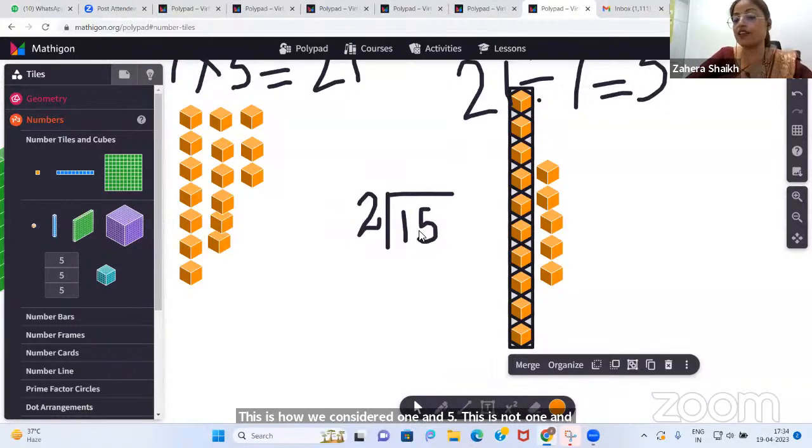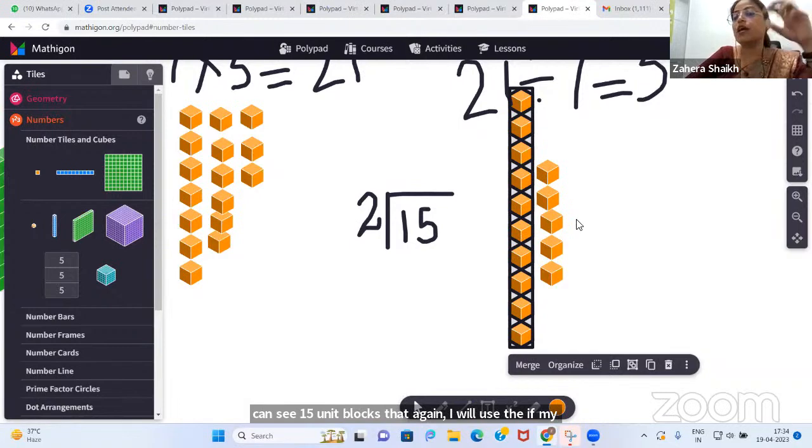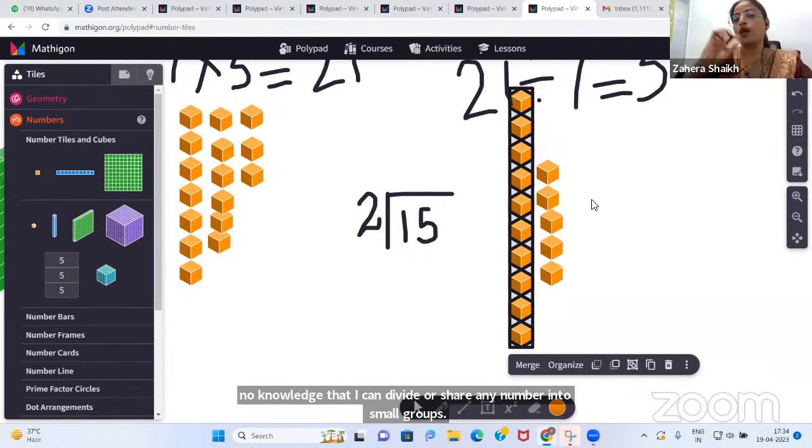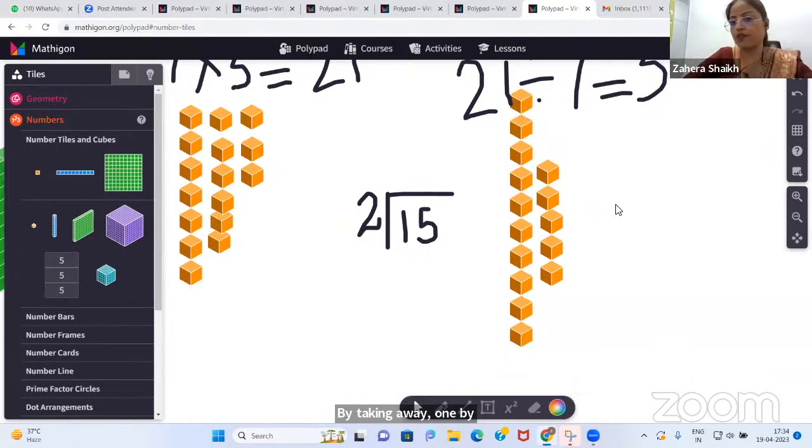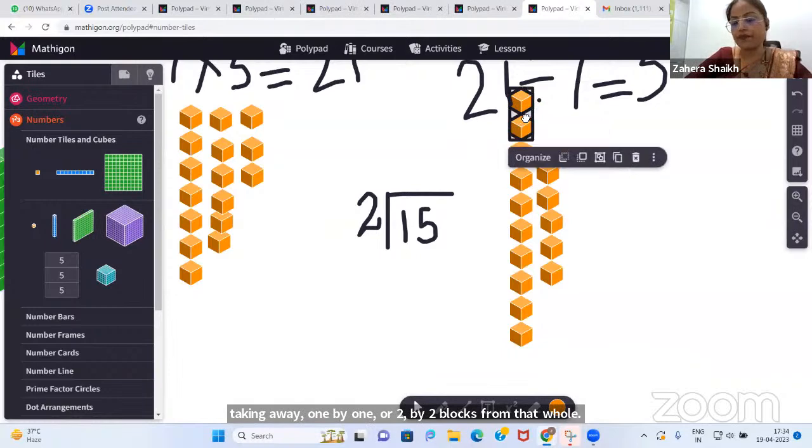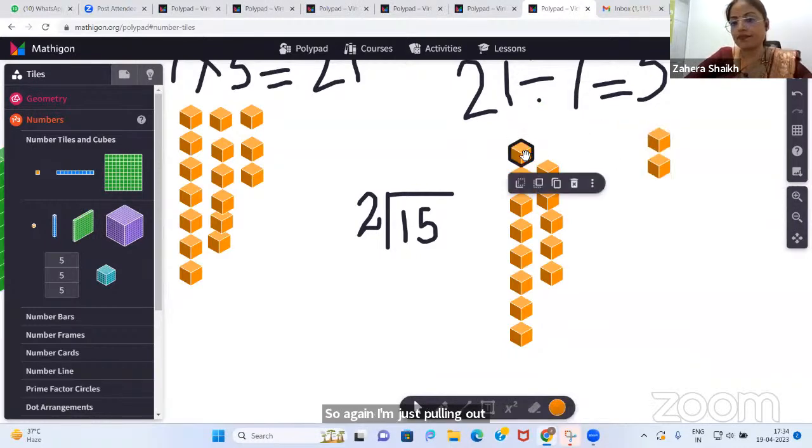So we consider that we need to divide this 15 into 2 groups. And this is not 15, this is 15 unit blocks. So when I can see 15 unit blocks, now again, I will use my known knowledge that I can divide or share any number into small groups by taking away 1 by 1 or 2 by 2 blocks from that whole. So again, I'm just pulling out